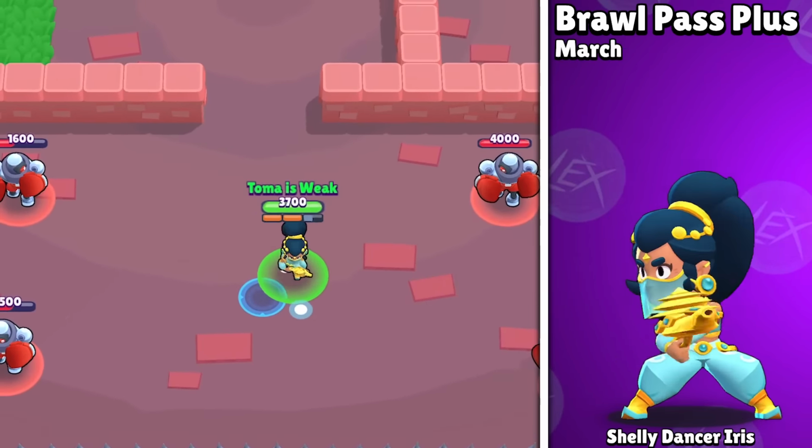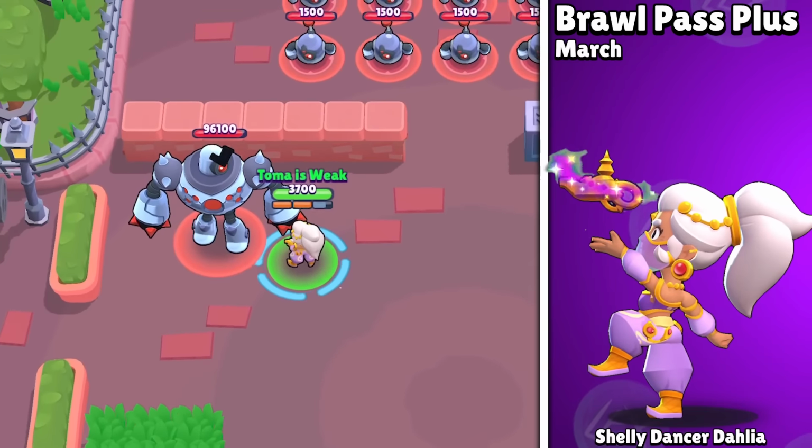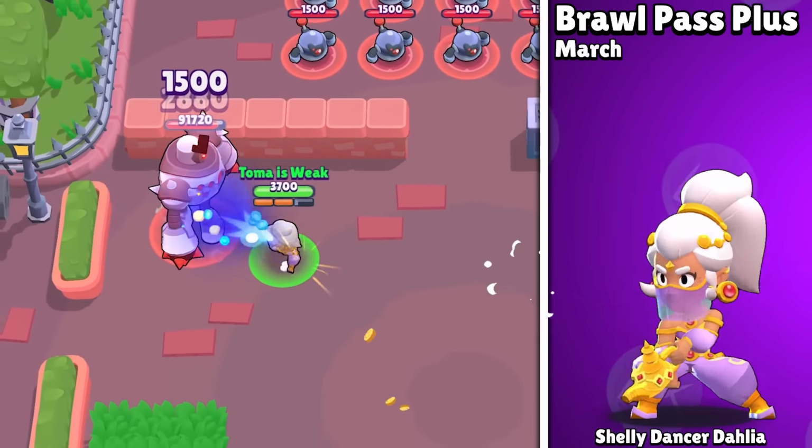Now, all of these skins are really nice. They look good and they fire out gemstones with their shot animations. So if you like them and you're able to, then you'll be able to get them on the Brawl Pass,